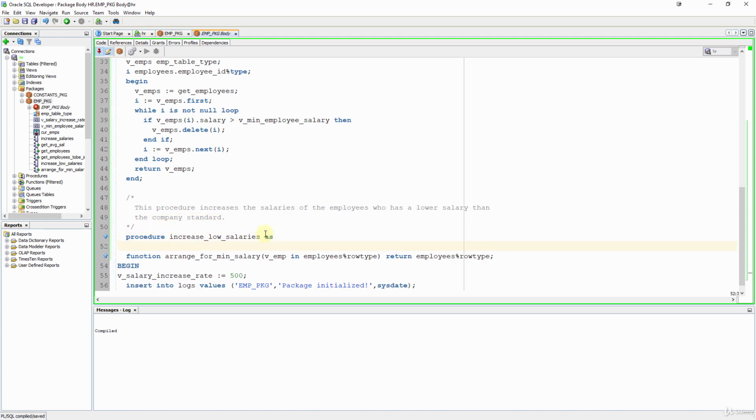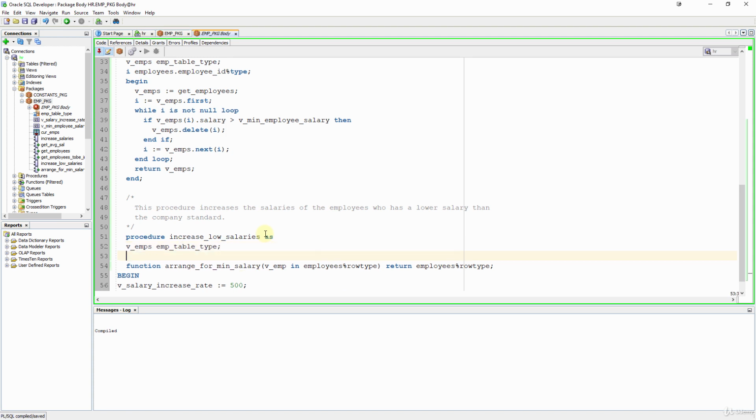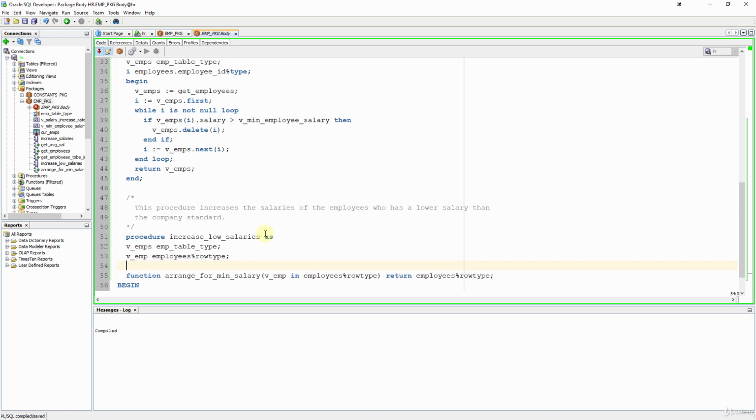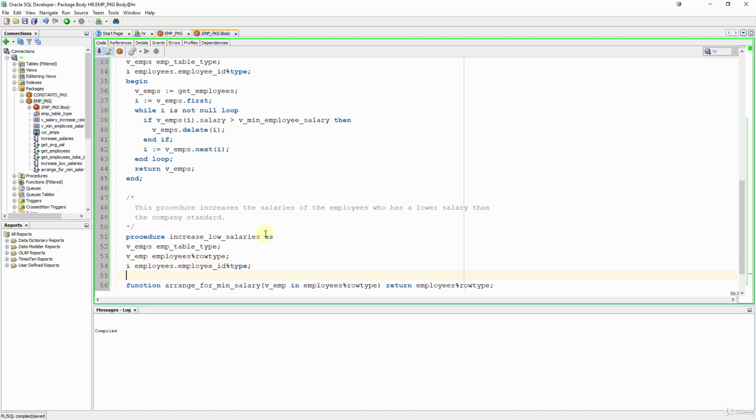Let's write as. Now we need an associative array variable here too. So we write vemps emp_table_type. We need a record variable to store a single employee. We write vemp employees%rowtype. And the i variable again to use as our index variable. i employees.employee_ID%type. And our begin keyword